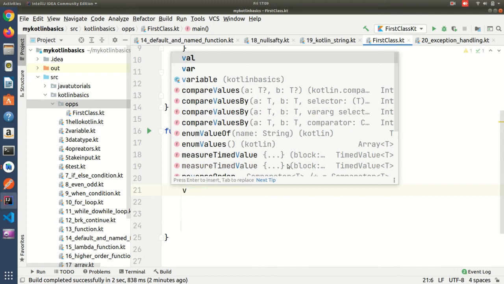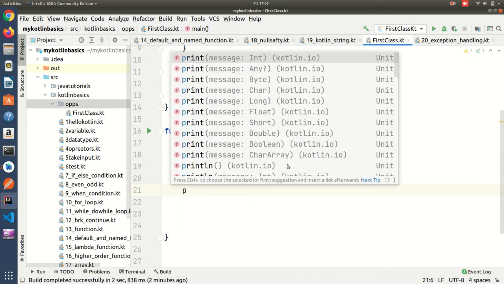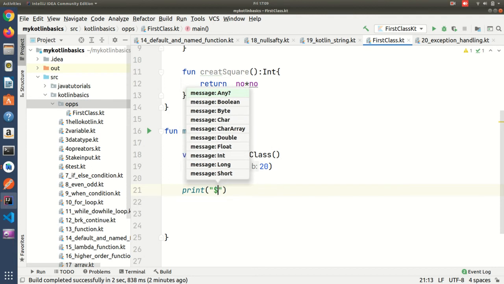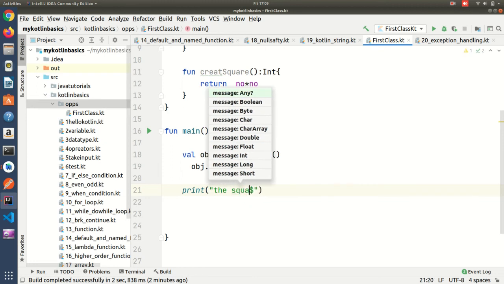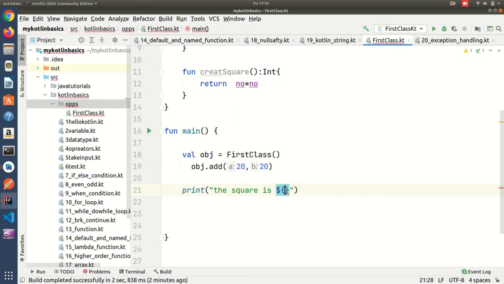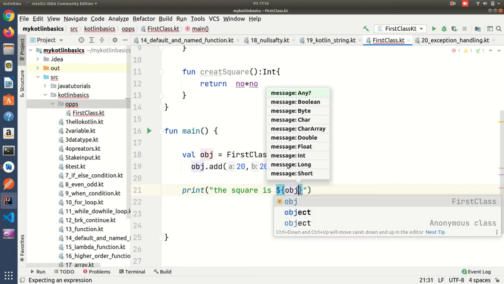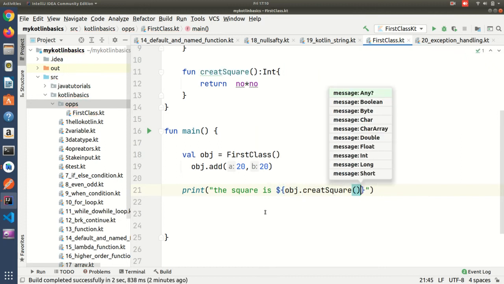Now I wanted to access this square here inside the main function. I can print directly, use the dollar symbol, the square is, and here I need to take the object dot createSquare function. Directly I'll print it here.